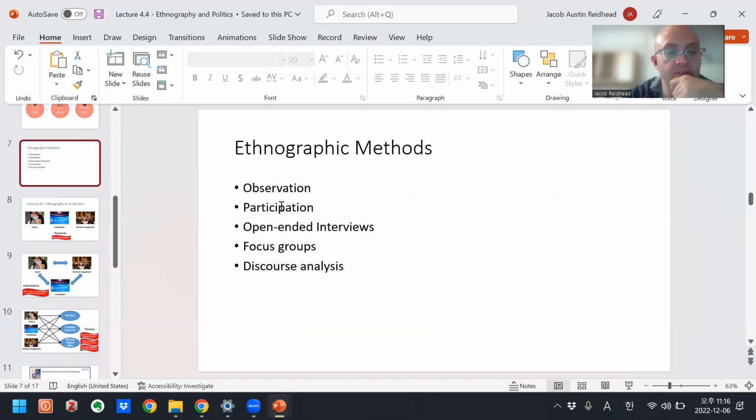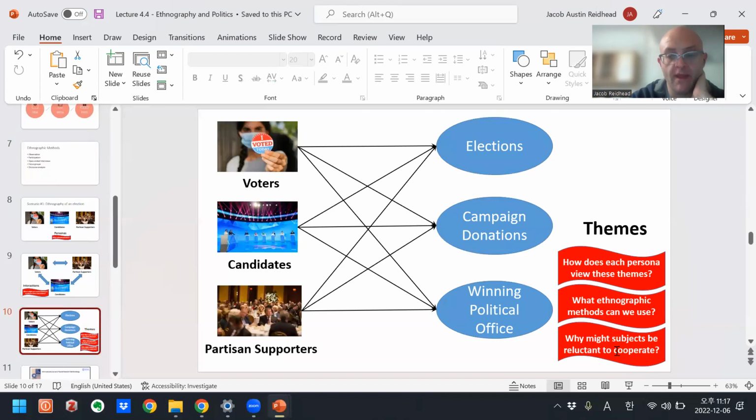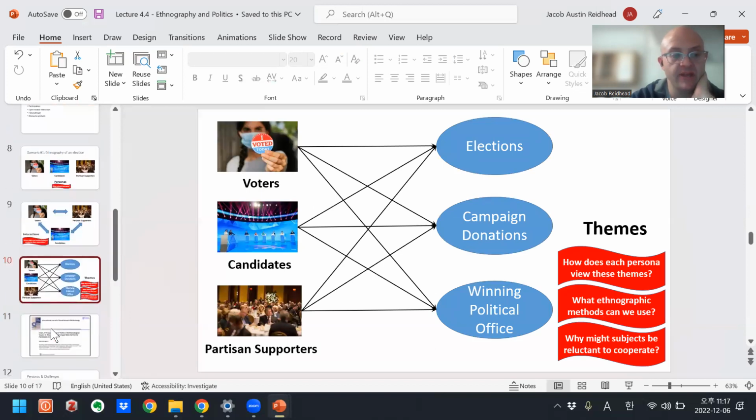Maybe observation participation, possibly interviews, although observation would be better. Maybe discourse analysis, again, if we can't be there directly, but maybe voters or politicians are tweeting or posting on social media or something. Although, again, this is not as good as observation, but still it might reveal candidates' or voters' or supporters' attitudes. So we can think about methods. And leading into the article,